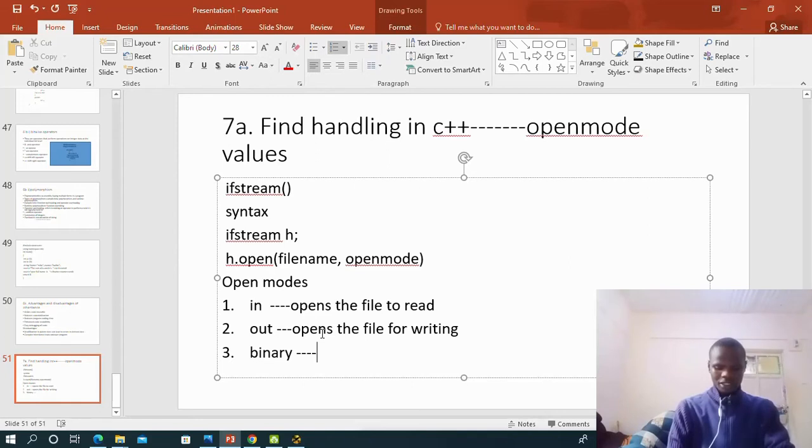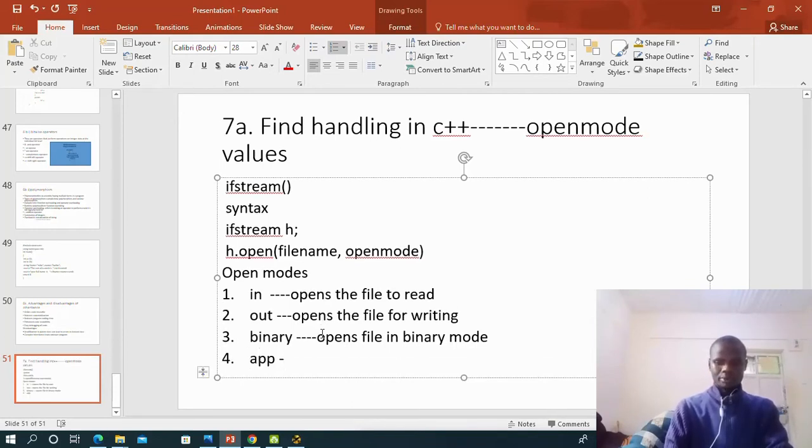Which opens the file in binary mode. So it opens the file in binary mode. Then we have number 4, app, for append. It opens the file and appends all the outputs at the end of that file. Okay, other than that,